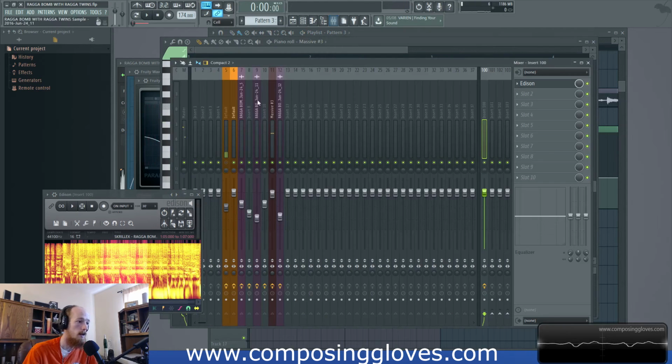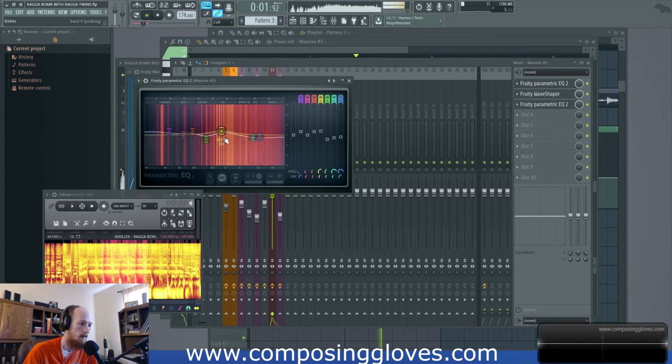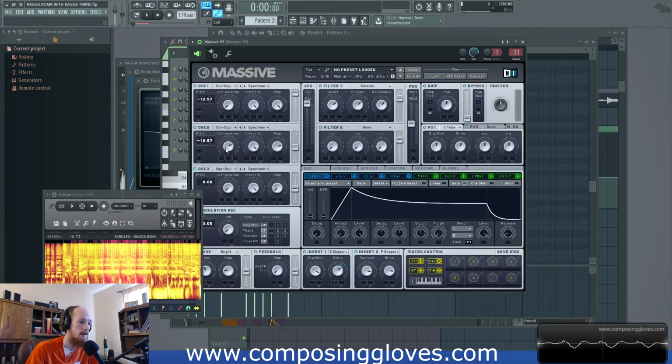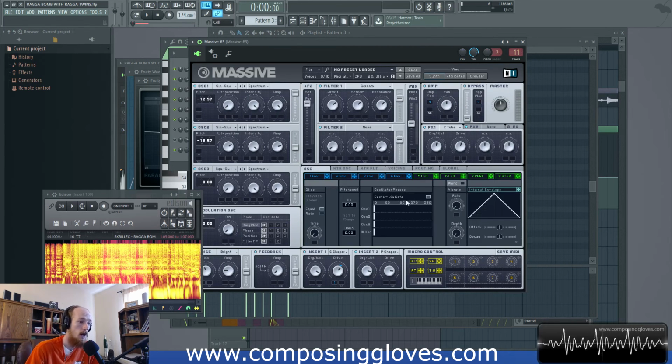We are lacking some brightness here too. So his is a bit more bright. So we could come in here and try and EQ that up. And one answer would also be to bring everything down. And you get a sound that's not the exact same, but it's pretty darn close based on some similar ideas. And you can come in here and hopefully you can mess with it and make it something that you want. So I wish if I spent more time on it, I could probably get closer, but I'm